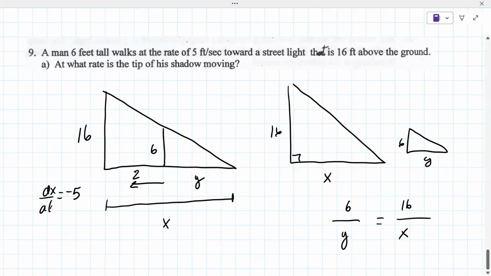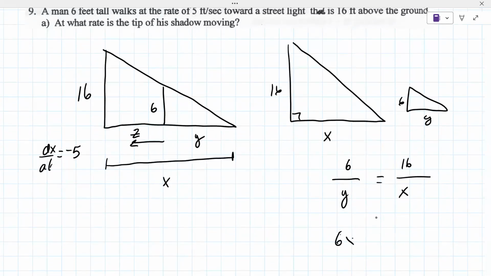A lot of problems make this z, which I don't like, but this is the traditional way to work these out. That's why I don't like these problems. They're very complicated. So you set up this proportion on the right, and if you solve it for x,